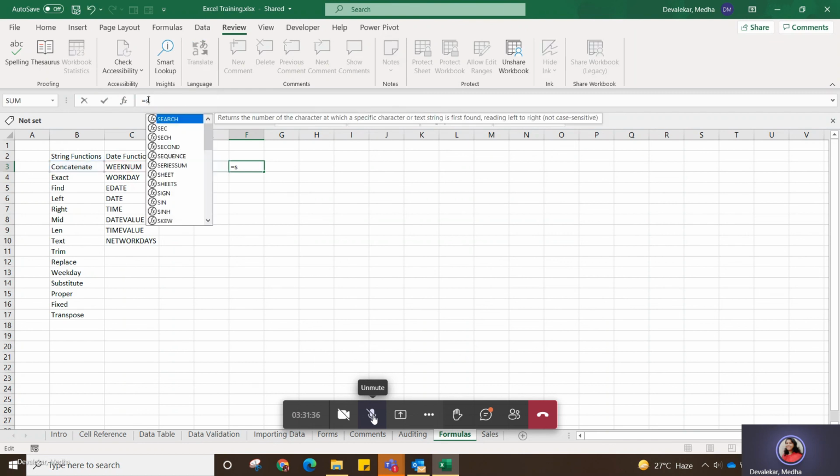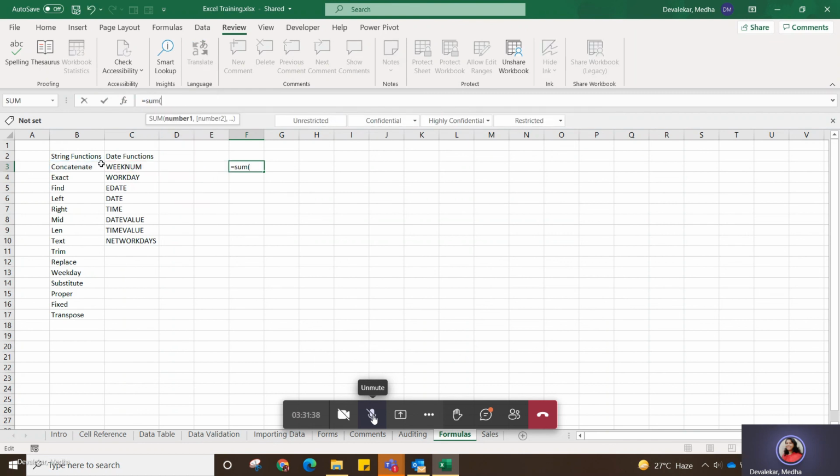Here I'll write sum and then I'll select a cell range, like selecting and dragging the cells. Okay, so it will give us something like this: D3 colon D8 means it is a range of cells, D3 till D8.